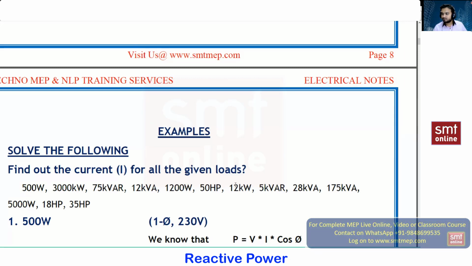Well, actually, what is phi? Phi is the phase difference, or angle difference, between the voltage and current. You can write down the basic, simple definition for power factor: the cosine of the angle between the voltage and current. So phi is the angle, and power factor is the cosine of the angle between voltage and current.